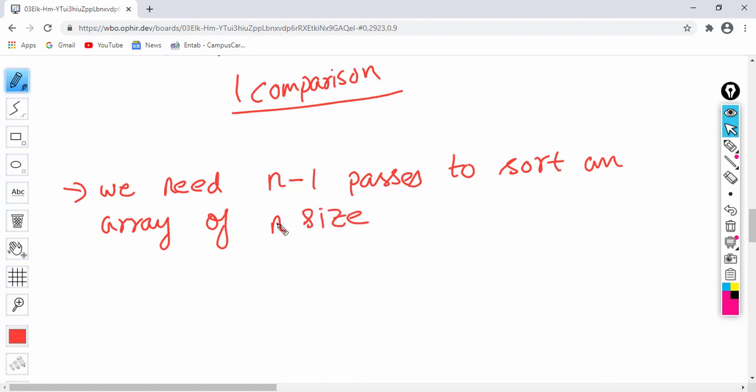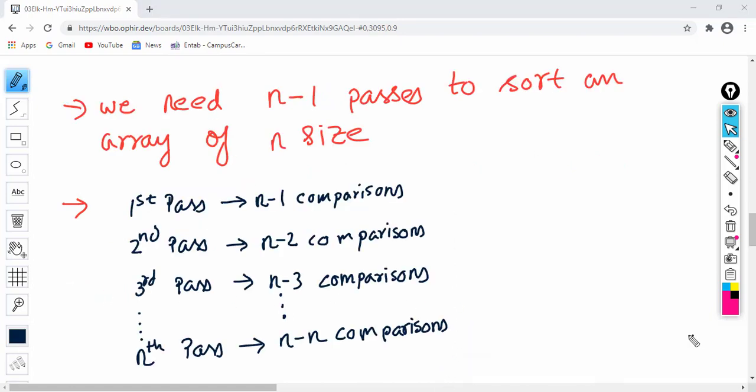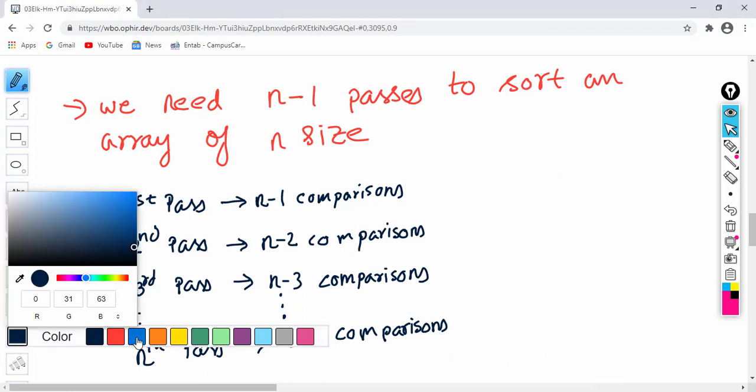This is our conclusion number 1 from whatever we have discussed. And conclusion number 2 is